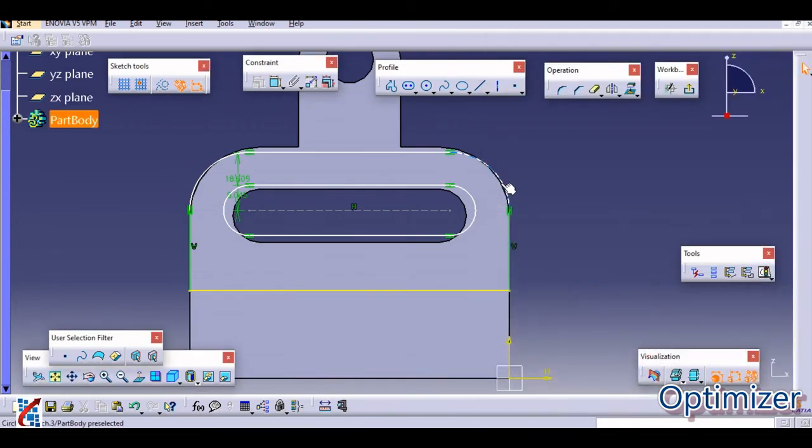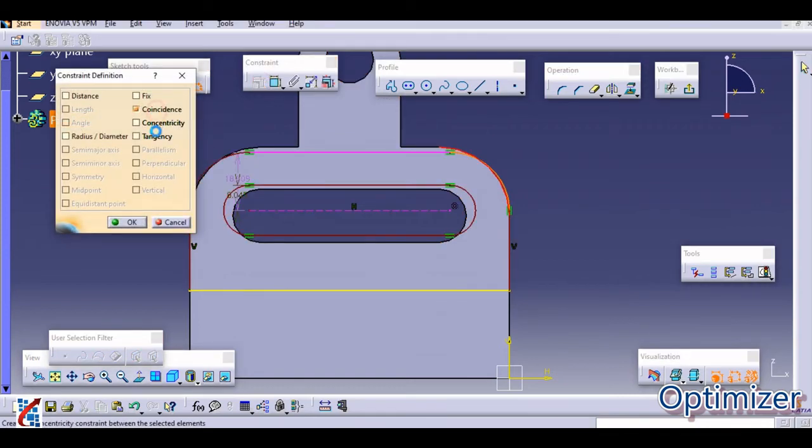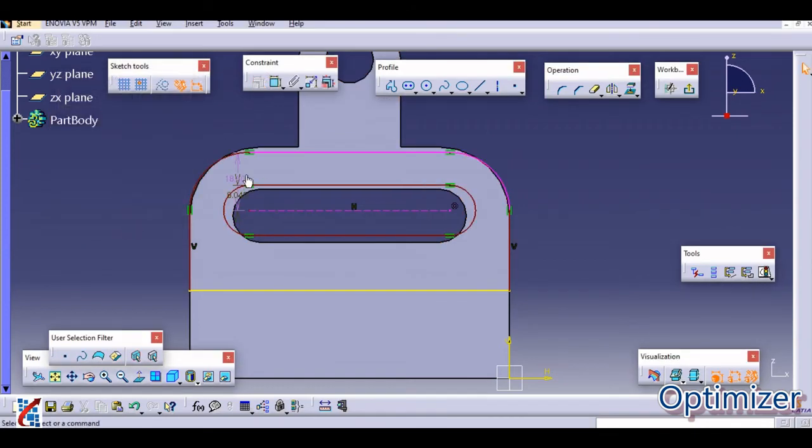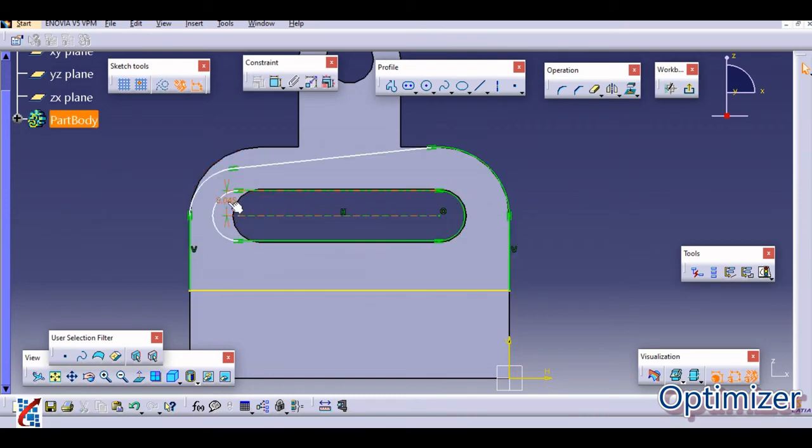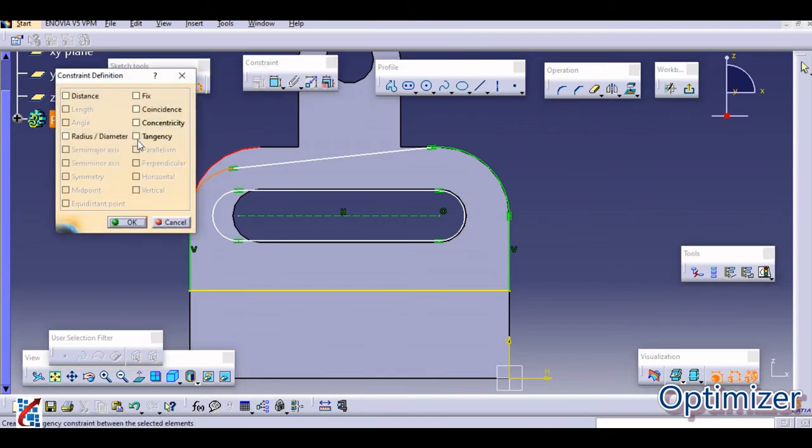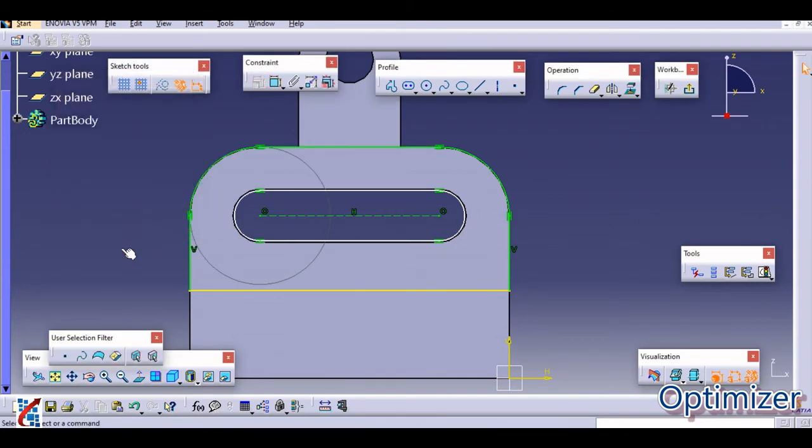The same dimensions are there, so we will directly select this part and this part and make them coincident, like this. And you can delete these dimensions, as we are going to make them coincident, we don't require any dimensions.